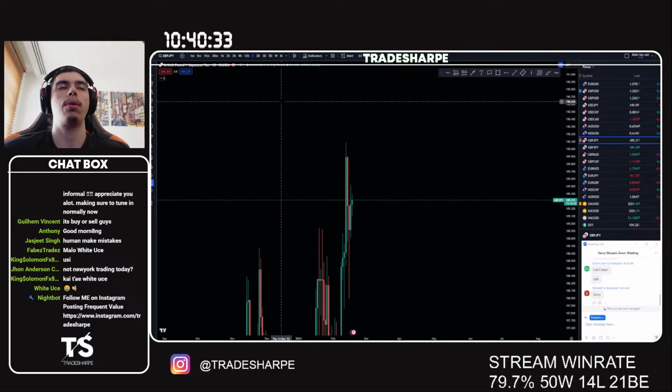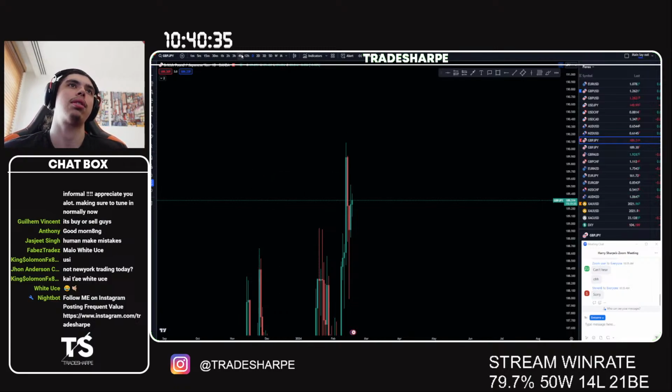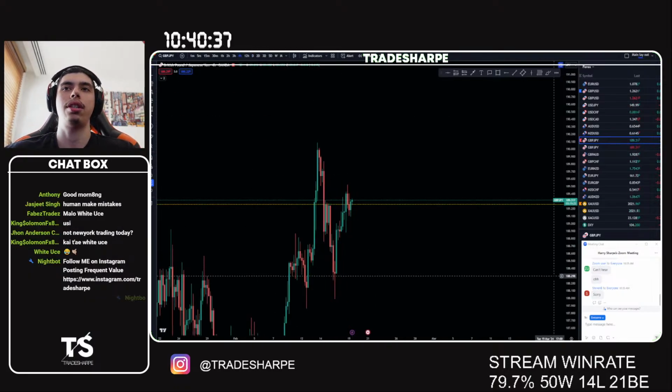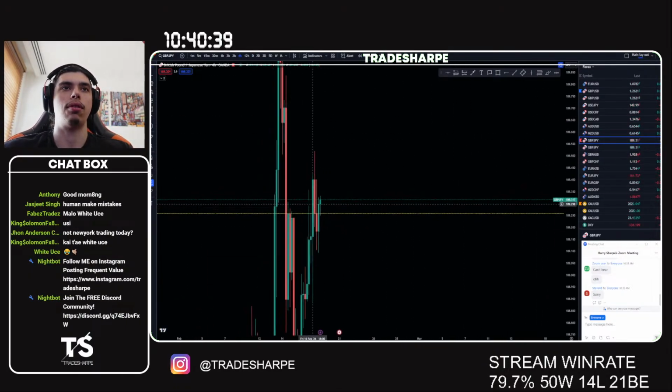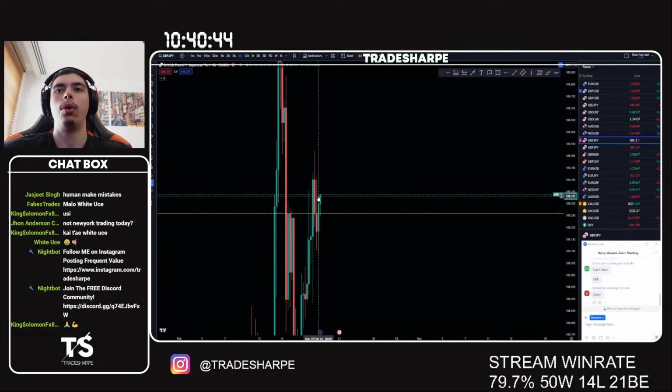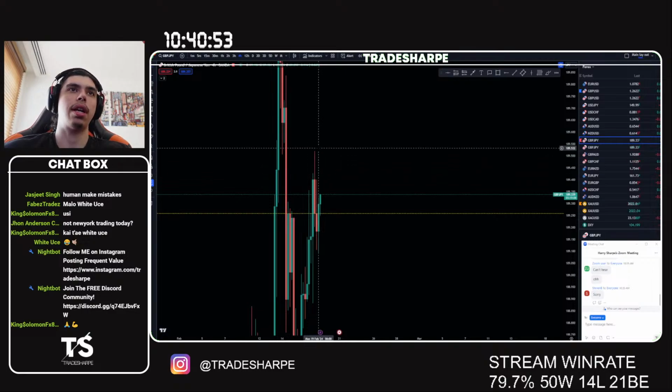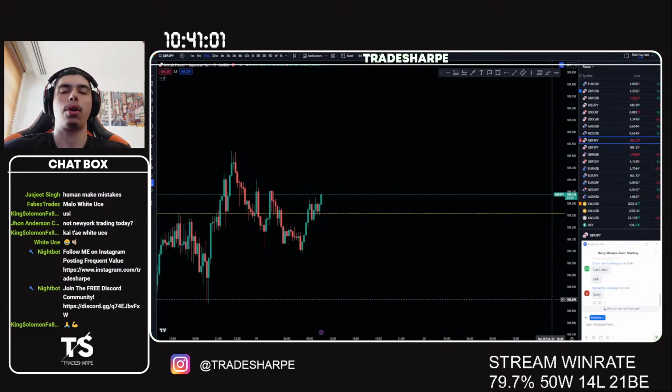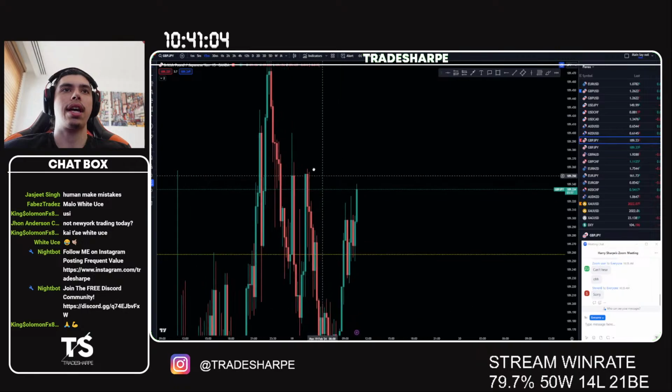When we go lower time frame, we see weekly's closing bullish, daily's created a support, and 4 hour as well has created a support here, which is also nice, right? So 4 hour is trying to make its way up to this 4 hour resistance at the moment. We're already seeing some volume coming in, which is good. Let's just see if we can start to break above this 4 hour resistance. I probably think that will be a better shot here. I think it's a bit too close above the range to the 4 hour resistance. It depends on how this candle ends up closing.